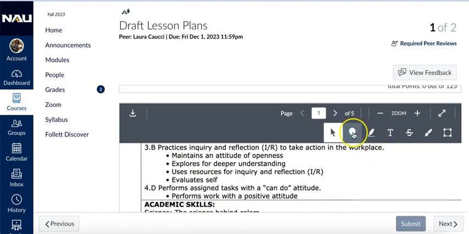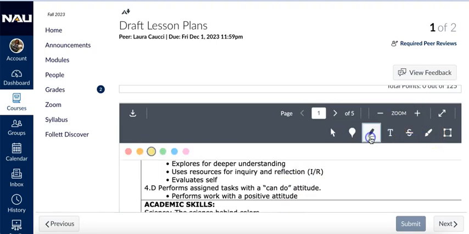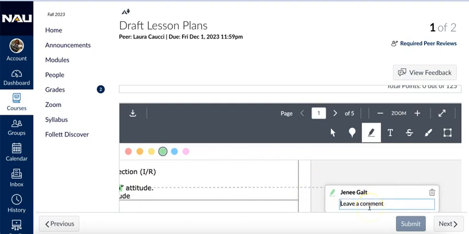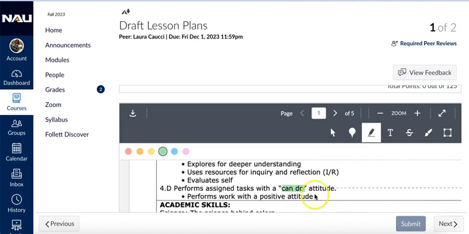I can add a pin. A pin works good if it is not a Word document. You can do a pin to just about any PDF. You can also do a write, so I can even circle it, but here I'm going to highlight. I can choose my color to highlight. I can highlight that. It is immediately going to bring it over to where I can leave a comment, and I can say, this is a great standard. And I press enter,